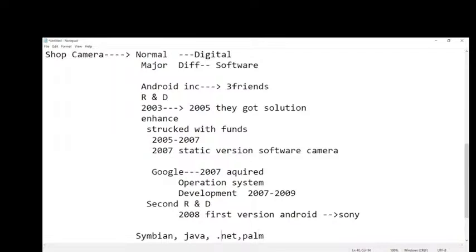Every other manufacturer was not showing interest. Nokia is there, Sony is there, Motorola is there, a lot of mobile manufacturers are there, but no one is showing interest in jumping into this Android version, because this is similar to how these mobiles have Symbian, Java, J2ME.